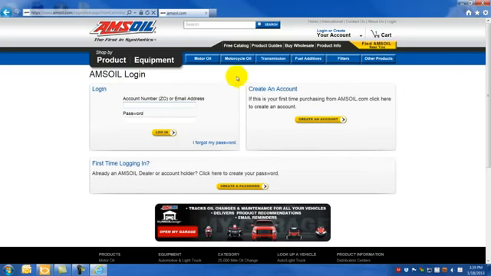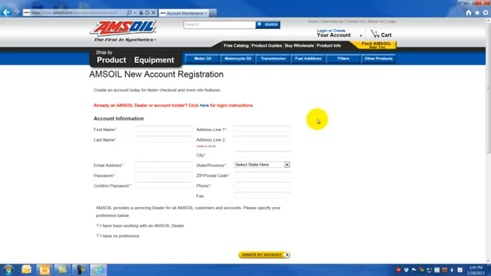The next page that comes up has an AMSOIL login on the left and create an account over here. Obviously, there's no account created yet, so this particular individual would click Create an Account. The next page is the new account registration information. The prospect is encouraged to fill in everything, is required to fill in everything that has a red star next